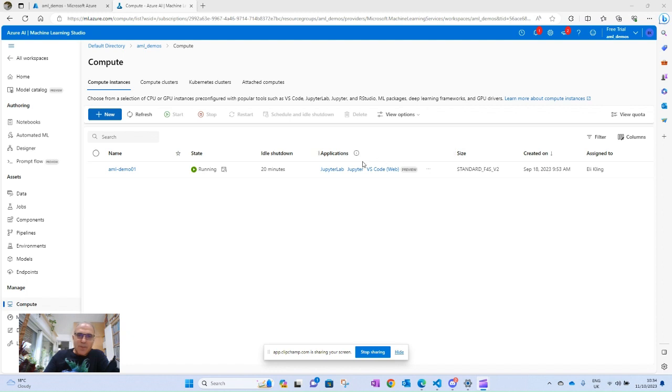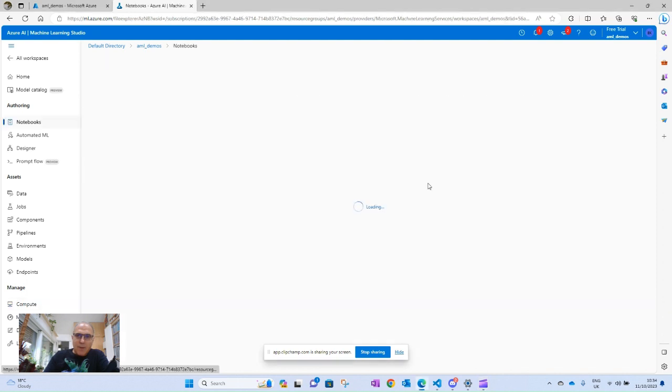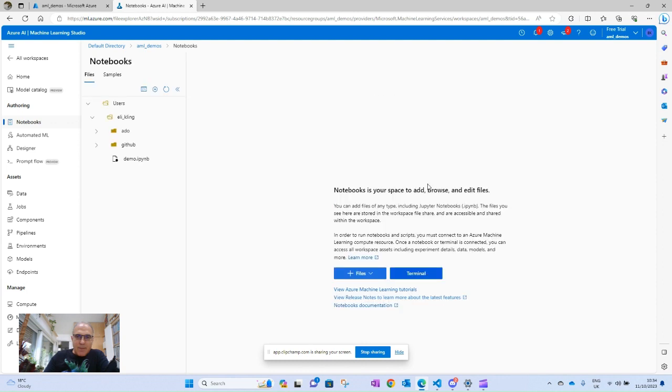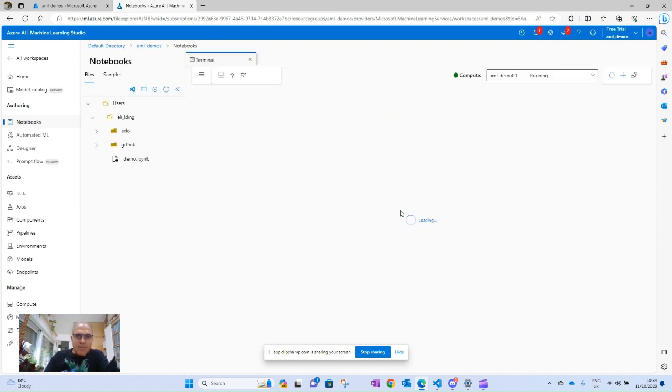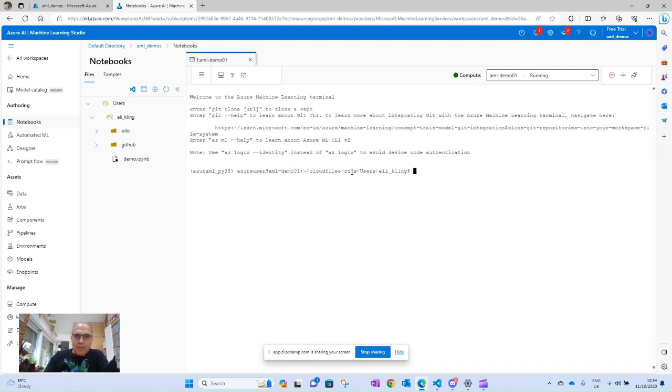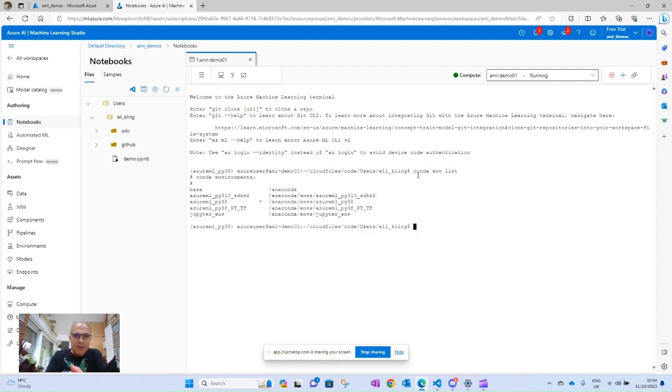So first of all, I've got already one compute turned on. If I go into the terminal window, I can just go conda and list. It's one of the ways of getting them. And you can see that off the shelf,